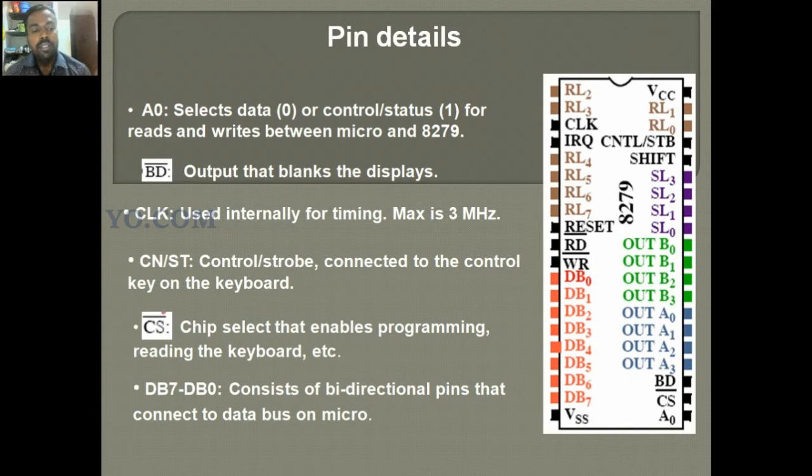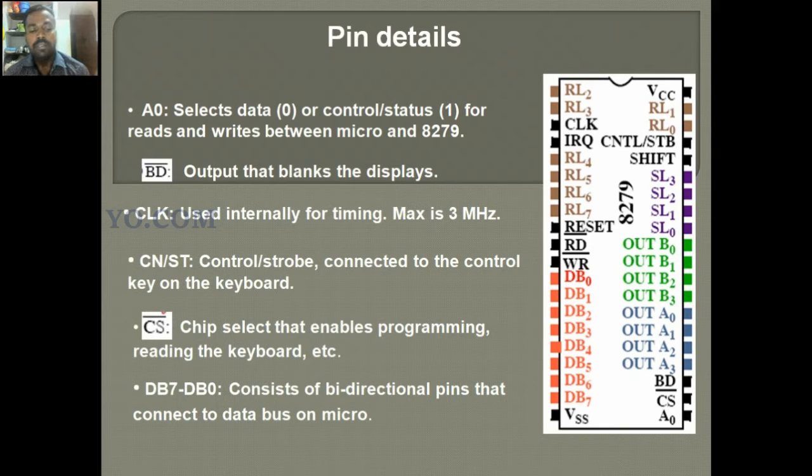Then CN bar ST, that is control or strobe, connected to the control key on the keyboard. So this is the control signal. Then CS is chip select that enables programming, reading the keyboard, etc.